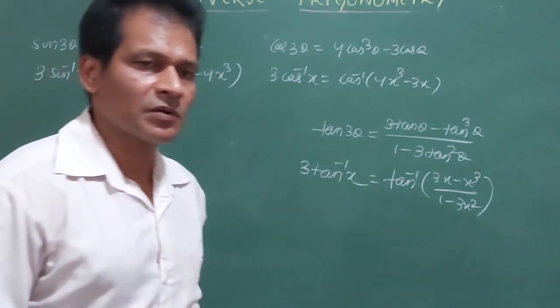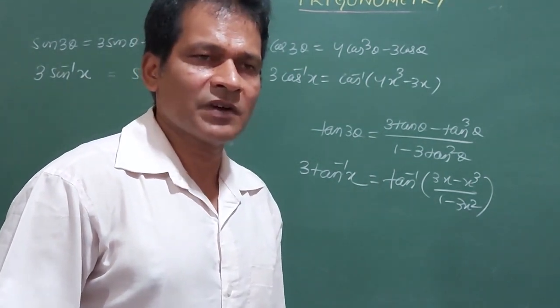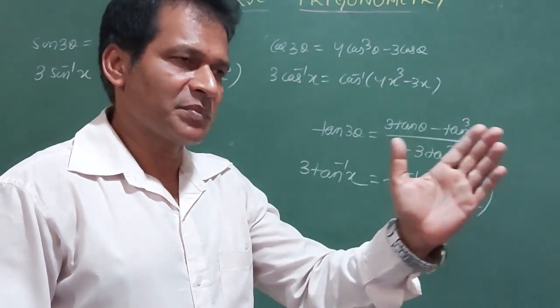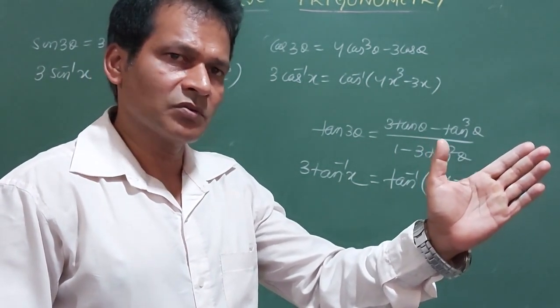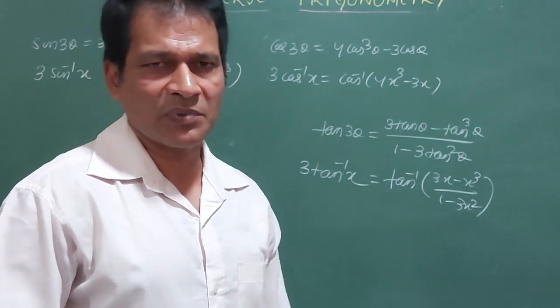Imagine these are the 2 and 3 formulas, for 2 sin inverse x and 3 sin inverse x. What about 4 and 5? 4 can be written as 2 into 2, and 5 we can break into 2 plus 3. So these are the basic ones. The rest we have to apply our logic.